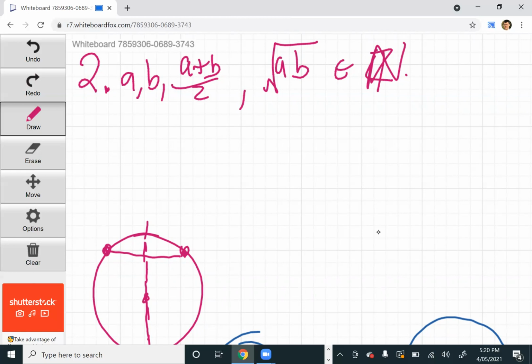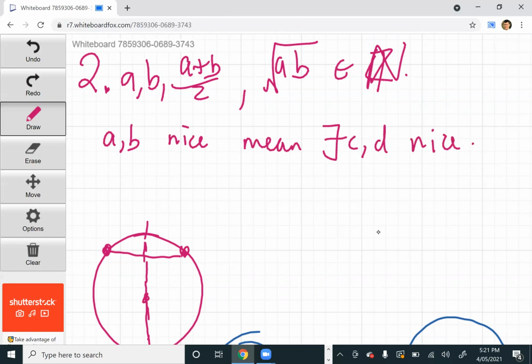This question really feels like Pythagoras stuff. So does A, B nice mean there exists C, D nice? Yeah, that's the question. 5 plus 3. So 5 is n, and then